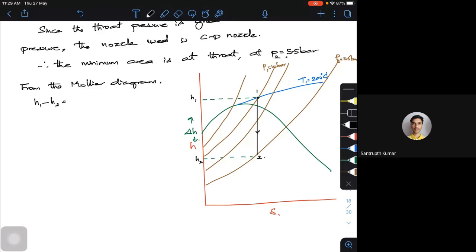And the corresponding specific volume also. You are supposed to get the specific volume V2 at point 2. There are specific volume lines, which go dotted, something like this. You will get an approximate value. This is your specific volume line. You will get the value, 0.3 or 0.25 or something like that, a rough value. Just try to get those numbers.